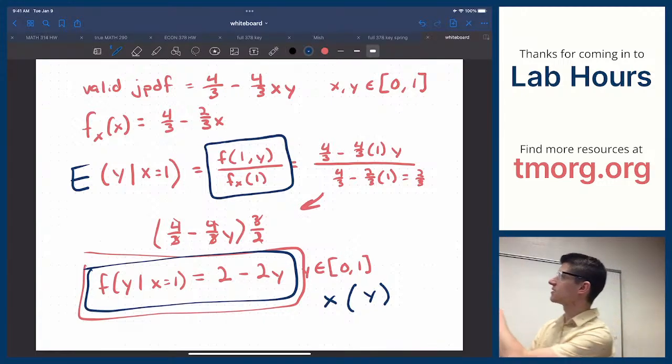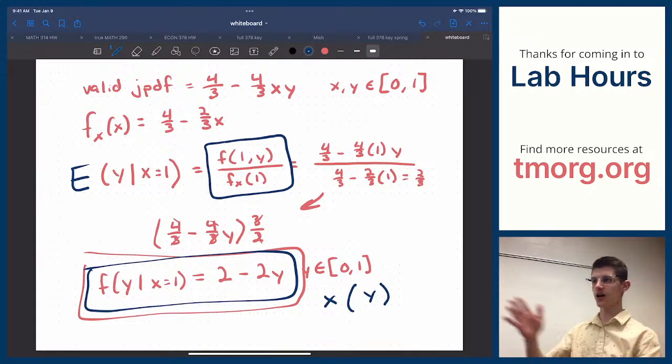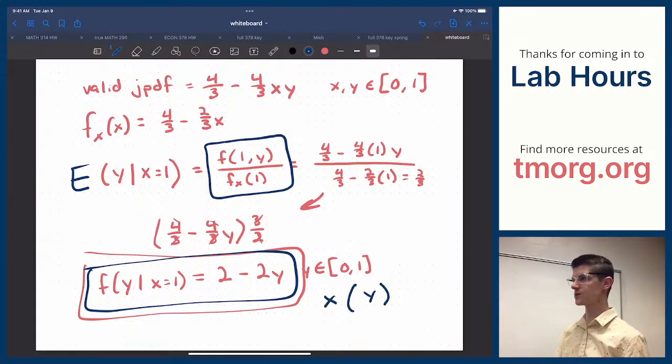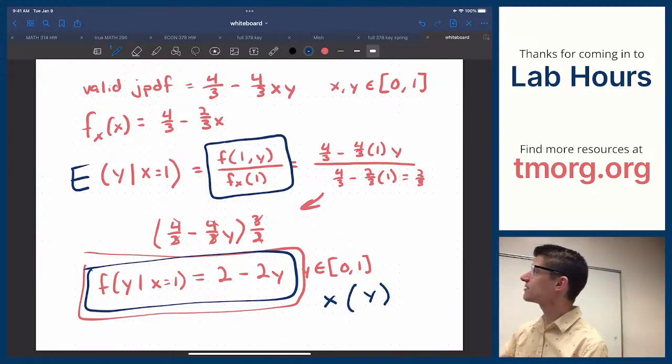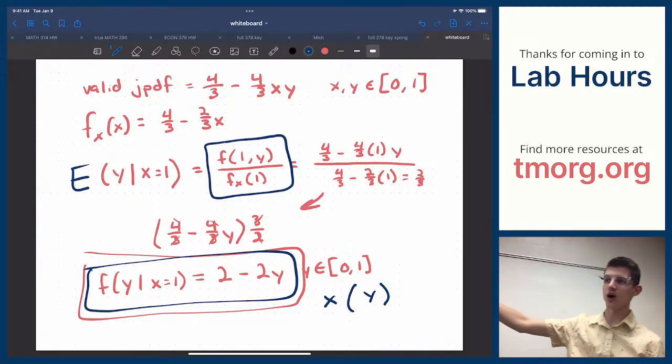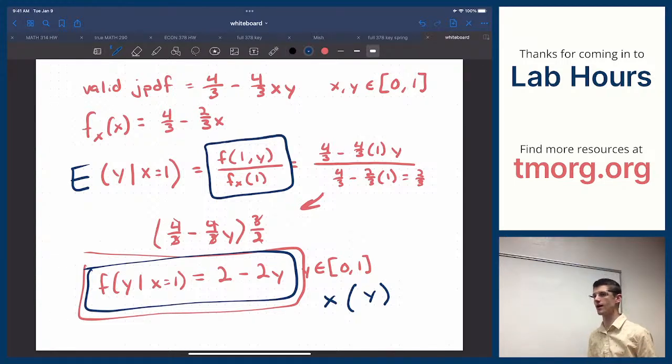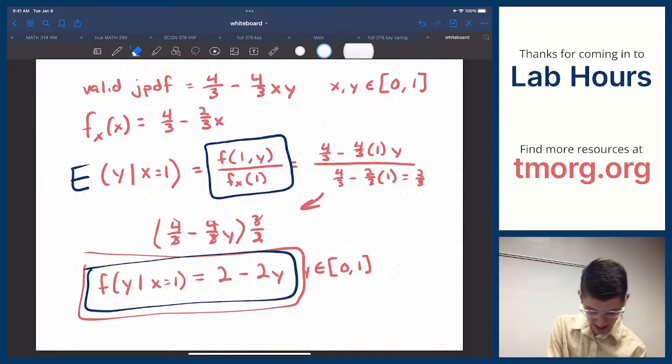Once you've built this conditional probability function, by the way, you'll continue to write conditioned on x equals 1 or given x equals 1. Like when I write E of y given that x is equal to 1, I'll continue to write that, but after I've just got the function 2 minus 2y, I don't have to worry about it anymore. I've already built it into the function. Okay? So yes, what I would do if I wanted to take the expected value here is